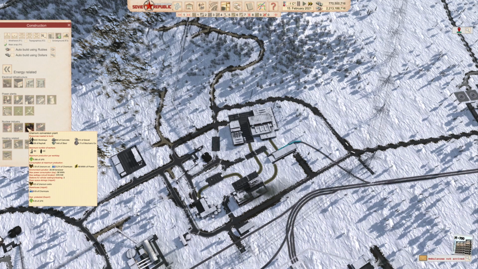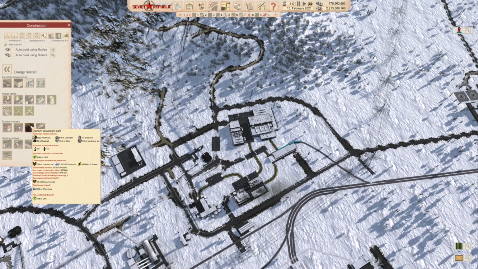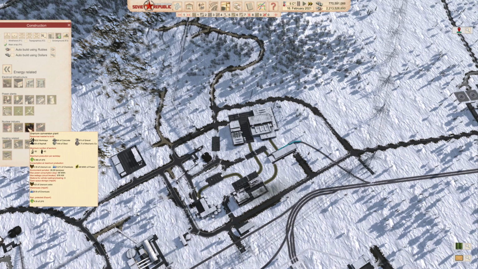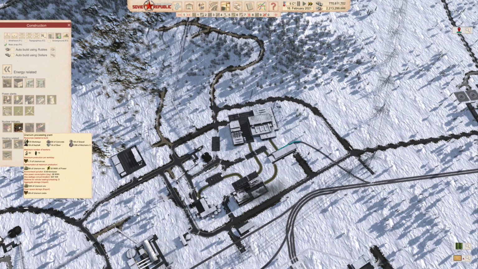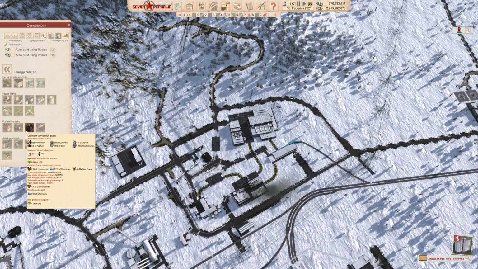UF6, we get almost 1 ton of UF6 per day using 2 tons of uranium oxide. So it's approximately 1-to-1. Not by any stretch of the imagination do I know that math makes sense. But what I mean is it's close. We can't do perfect ratios, and there's no point in doing perfect ratios in this game anyway, because our workers